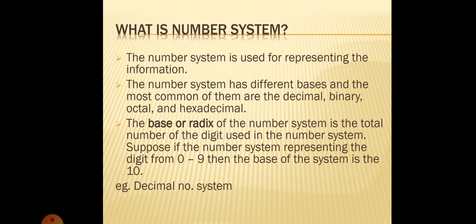Similarly, if we talk about the binary number system, bi means what? 2. It means we are using only two digits, that is 0 and 1 to express that number system. Therefore it is called as binary number system. So one by one we will see different number systems. This is only the introduction about number system and what is the base.